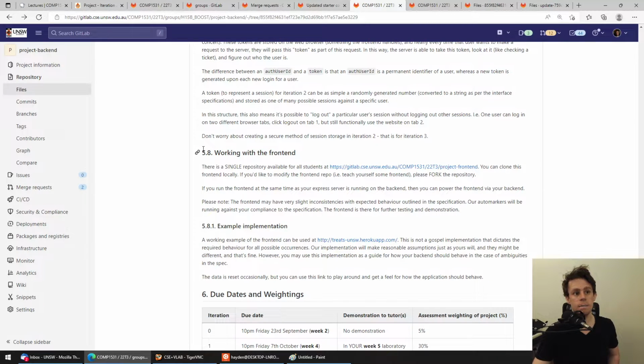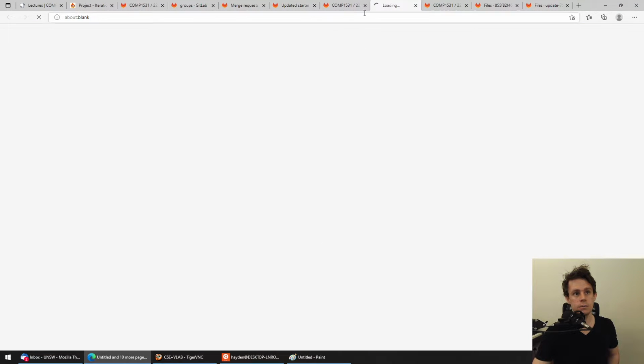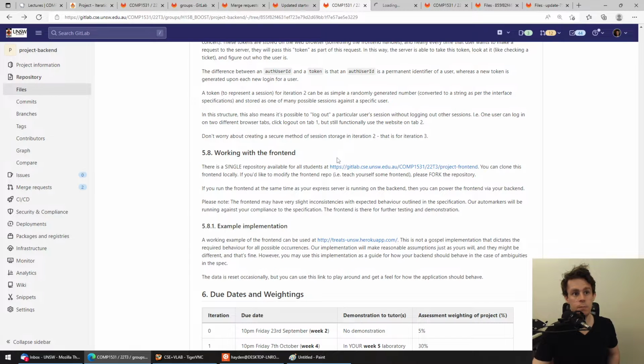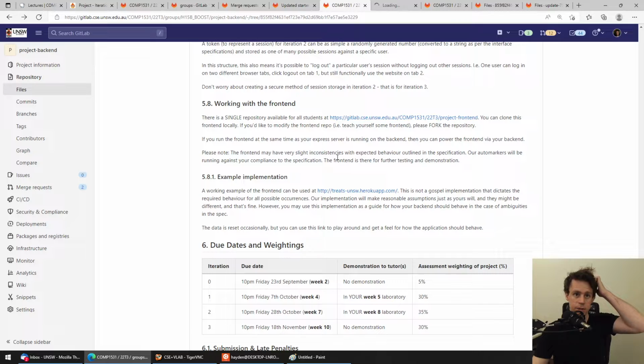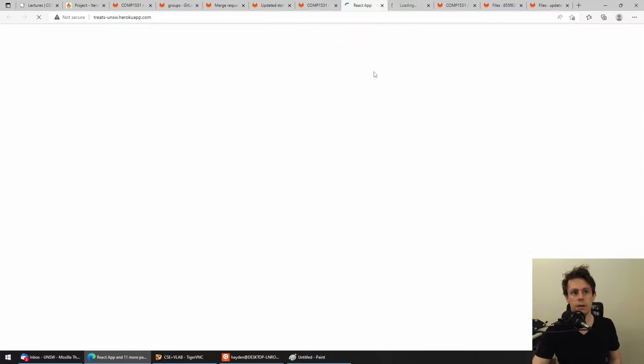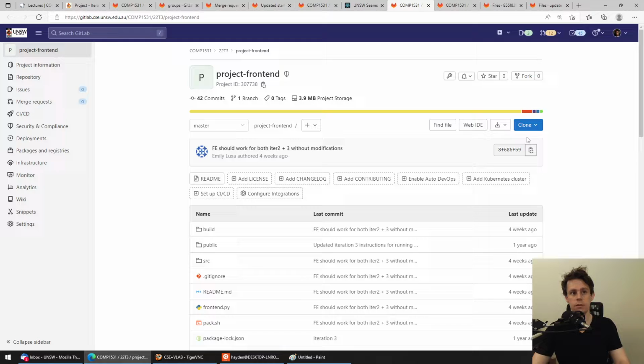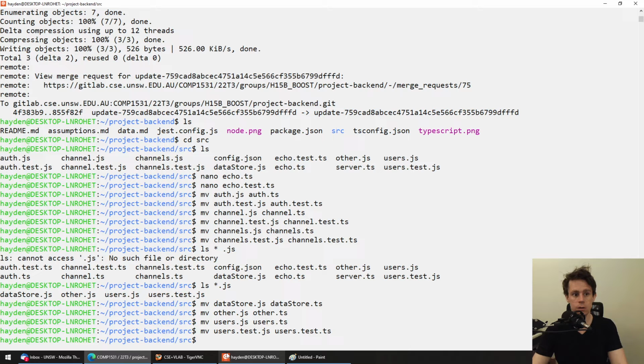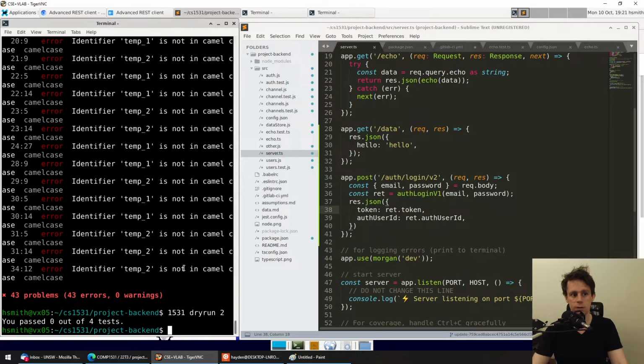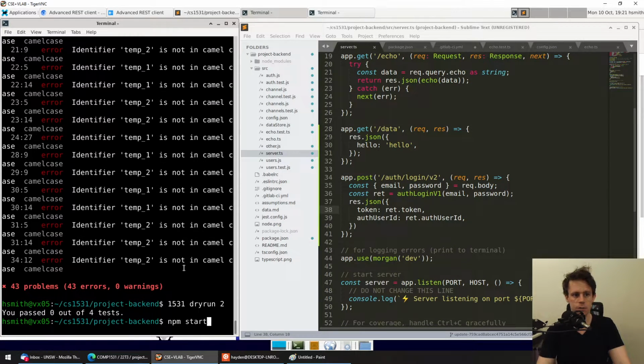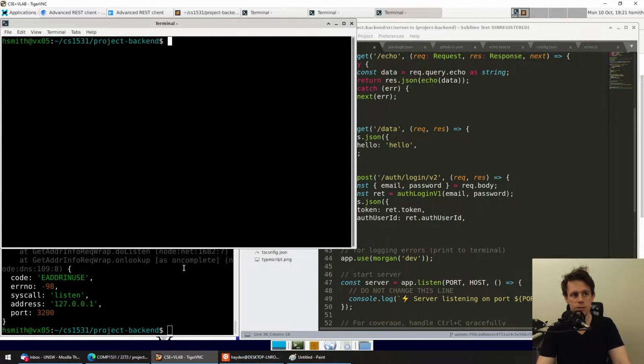But is that working at the moment? Probably not. One other key part about iteration 2 is that we want your code working with a front end. We'll just quickly demonstrate for you too. There's a front-end repo that everyone has access to that you can go and clone. And you don't have to do this till the end of your iteration. But what you can do is, let's say I'm running my server here. So I'll run my server. You can, in another terminal,